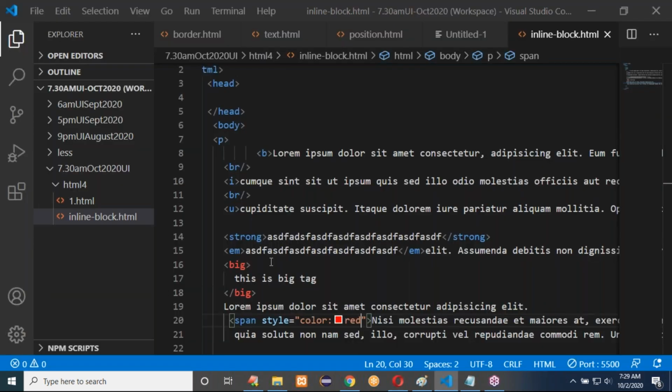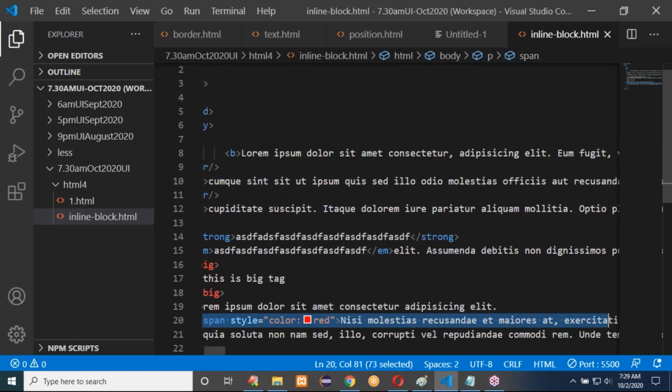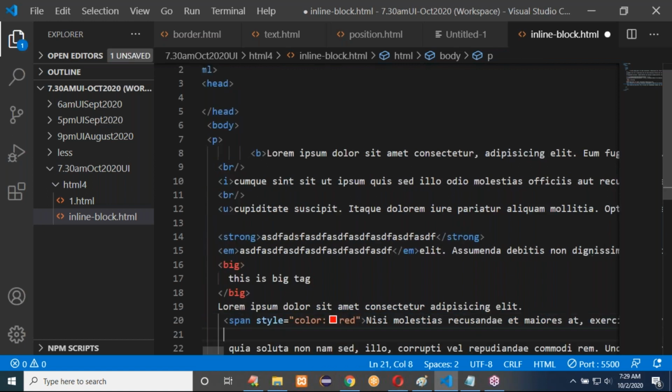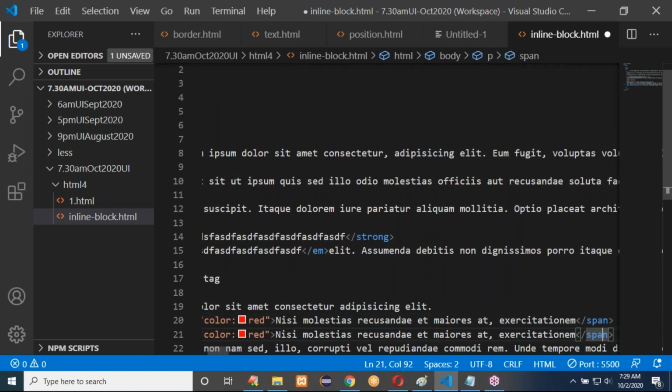Not only the color property. If I write the CSS for this span tag, then I can do the highlighting of content here. Because of the span tag, it is showing this type of output. In the same way, I want to write background color.